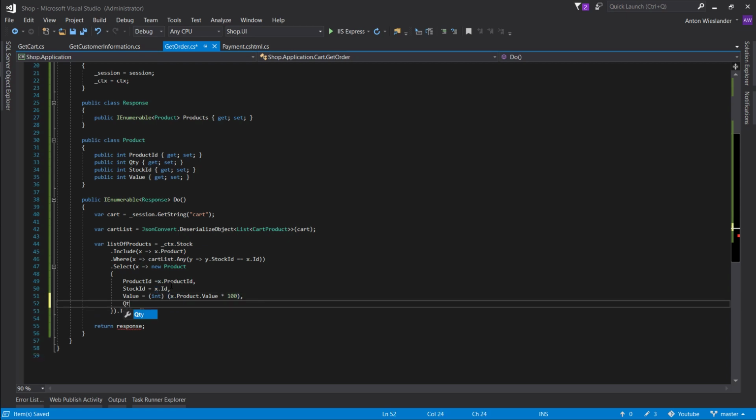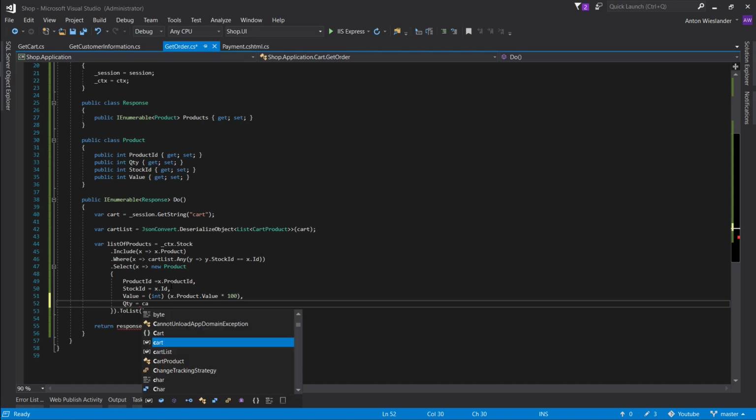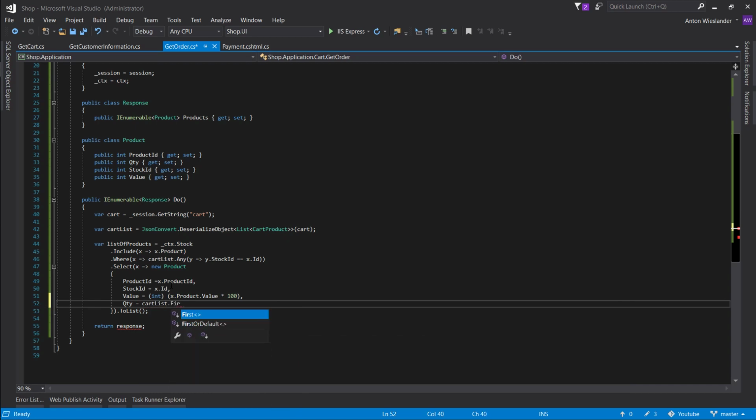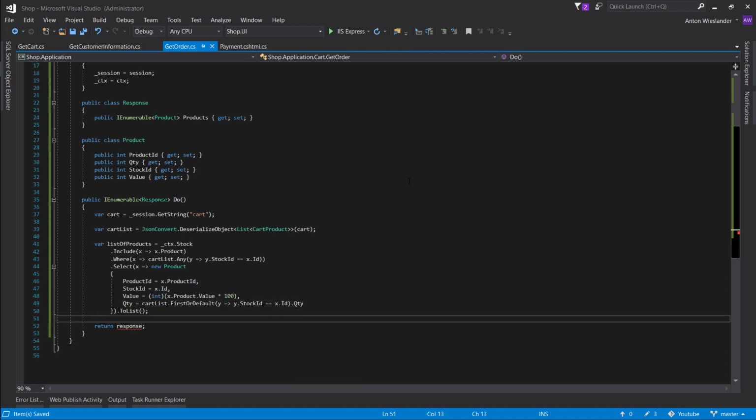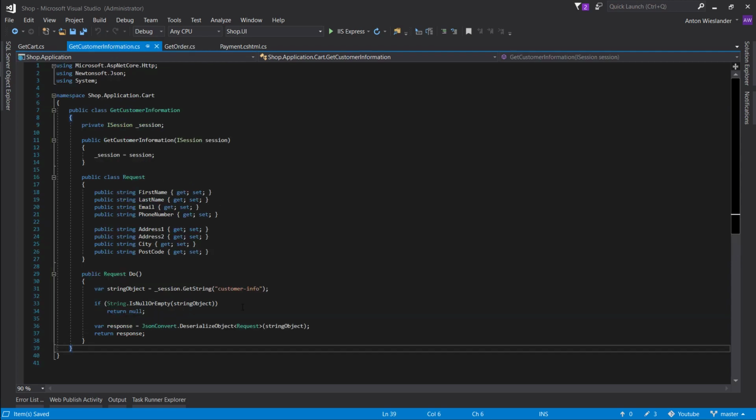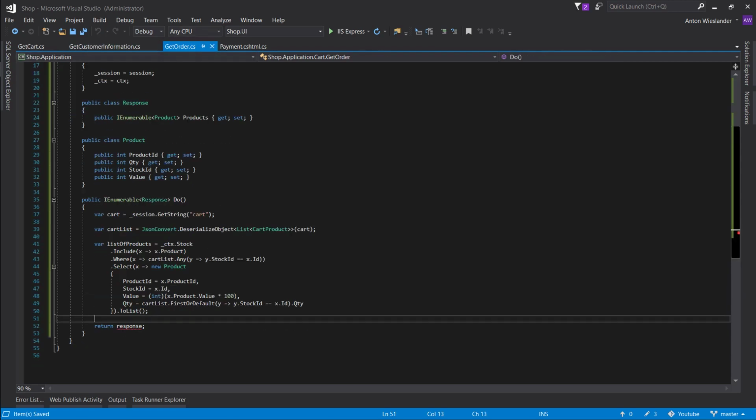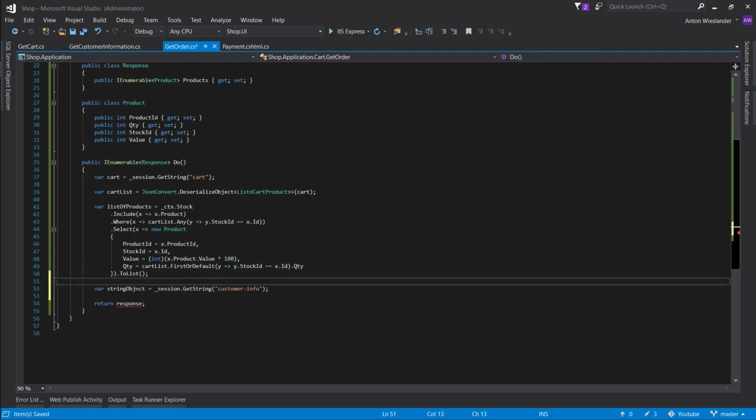And let's move to our quantity, which we get from our cart list. First, our default, and we want to get stock ID equals xid, and from here, sorry, equals, too much Visual Basic, and we want quantity. At this point, we have our list of products. Let's go to our get customer information. Let's get the customer information here, and let's do customer